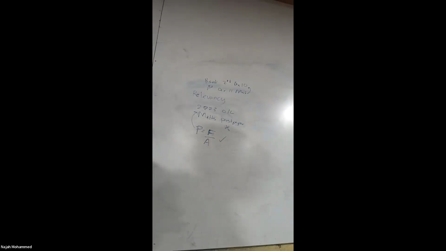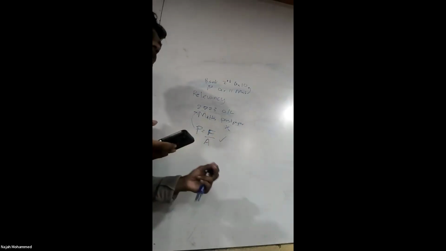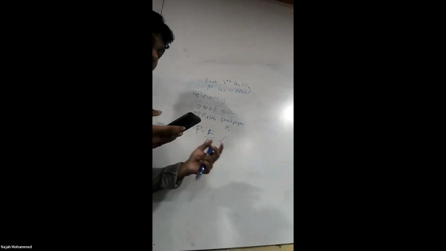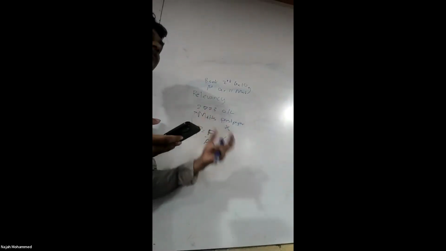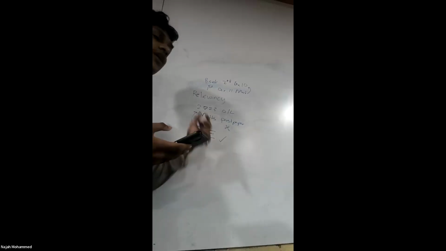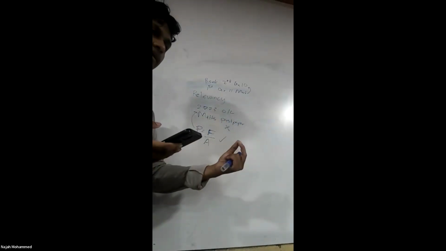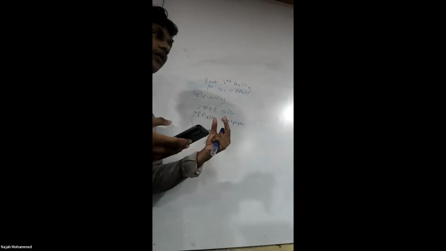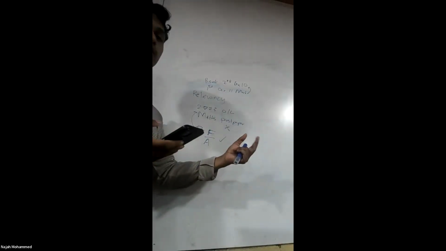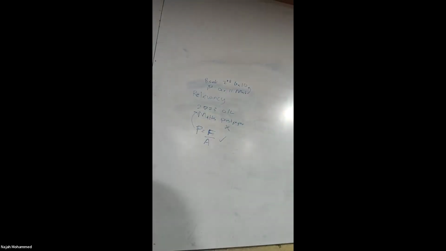So this is relevancy. Your data or your information should be relevant to the topic that you're talking about. That is the first good quality of information. The more relevant it gets, the more correct, the better information you will get. Okay. Now next part,